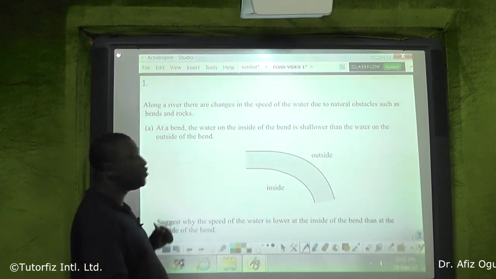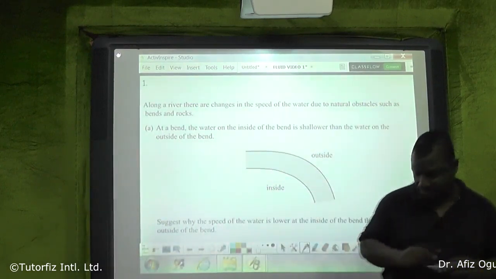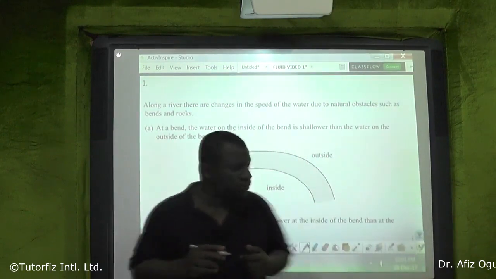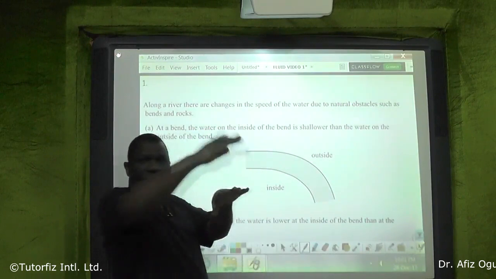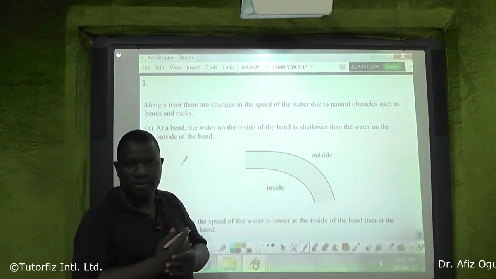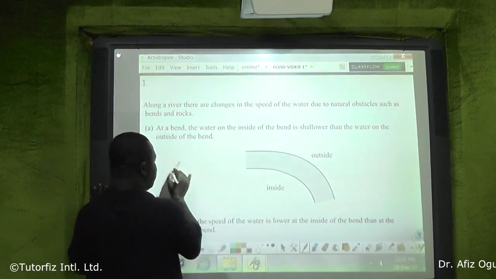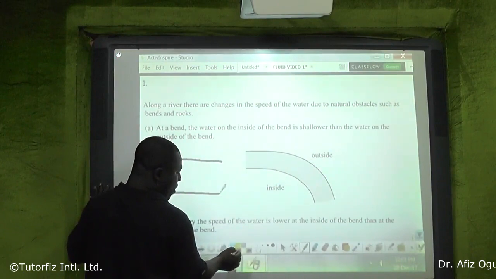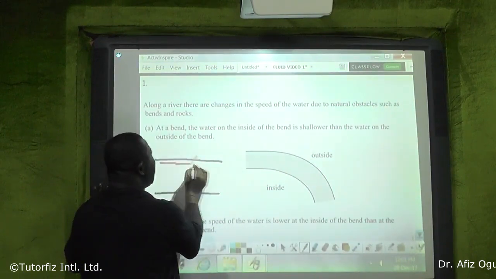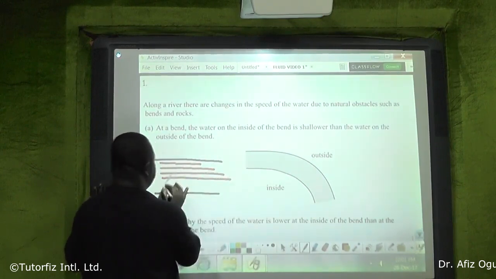Now, what do you suggest here? Remember, when I drew for you, this is like a pipe without a cover. Remember when I drew for you the pipe, I had the pipe drawn for you like this. And when I drew for you the layers of water, the closer the layer of water to the